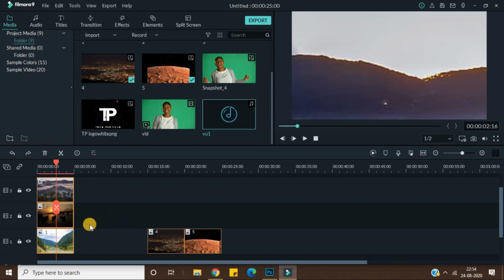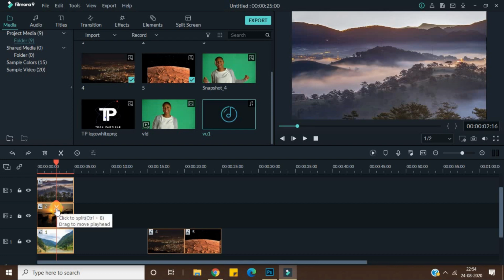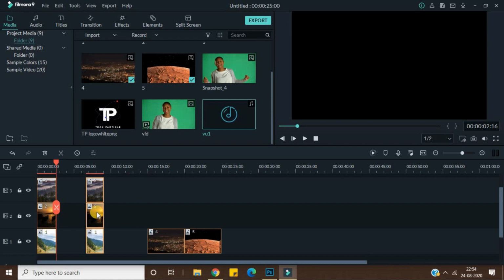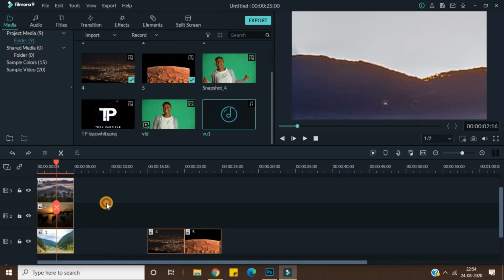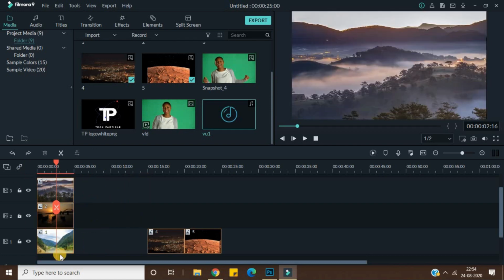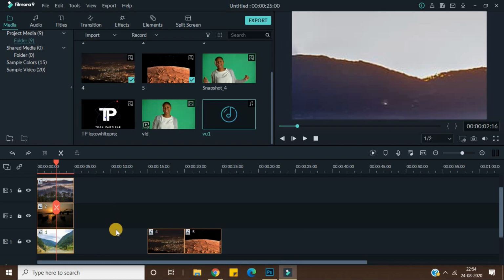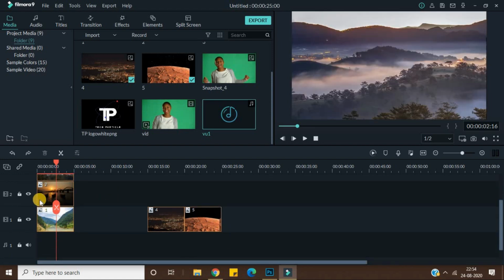Another thing I can do is just click this split button, and it will simply cut all of them. You don't need to select the videos. Let's see, now I have not selected any video, and if I click, all my images will be cut, right? So this is another thing.